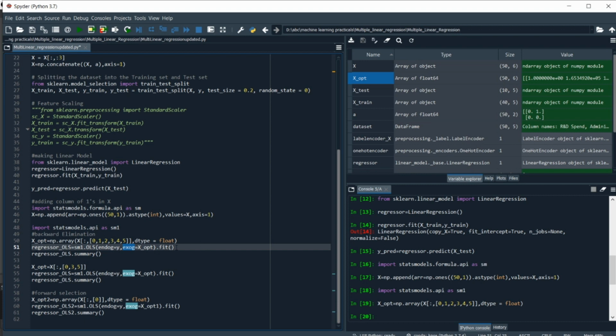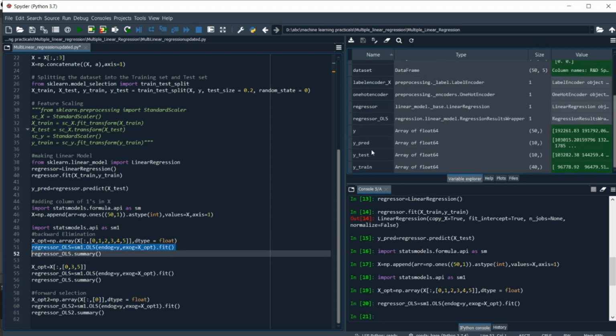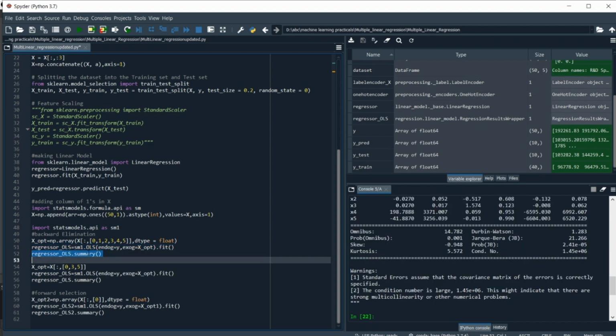Then we use the fit function to fit our regressor_OLS statsmodels object. After that we use regressor_OLS.summary to get the summary of our model.